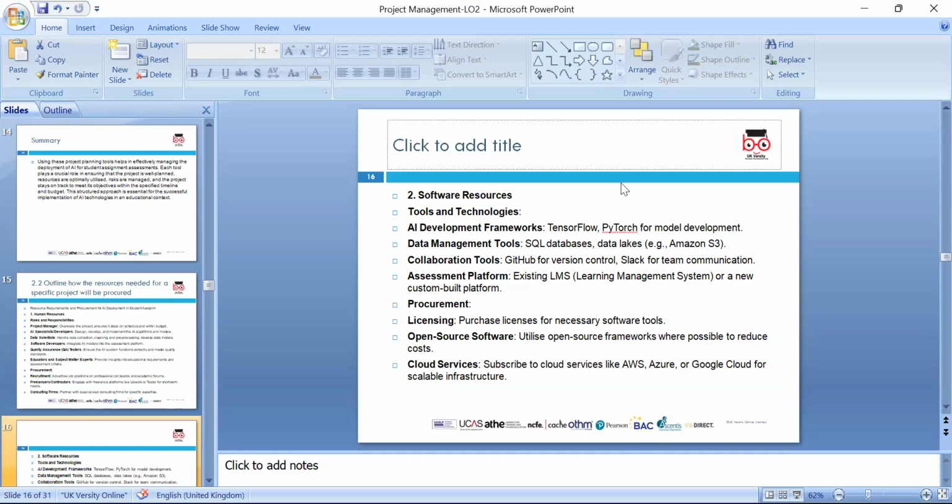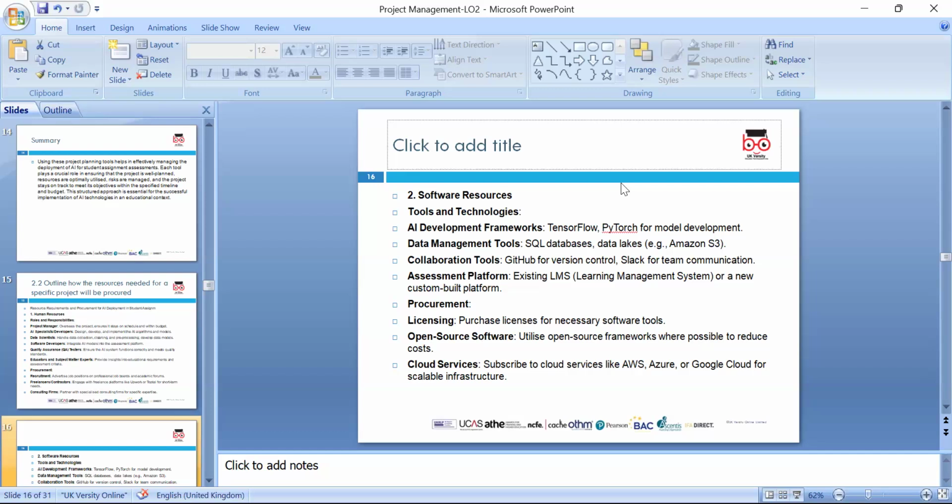Okay, software resources, tools and techniques. AI, artificial intelligence development framework. We can look around different models, PyTorch model development, data management. We have the quite crucial data. Data is raw facts and figures that lead to information, and information is knowledge. So we can look around the data, SQL database, different collaboration tools, GitHub version control, Slack and Teams for communication, assessment platforms. Existing, we have an LMS, which means Moodle, a learning management system, which is a VLE,